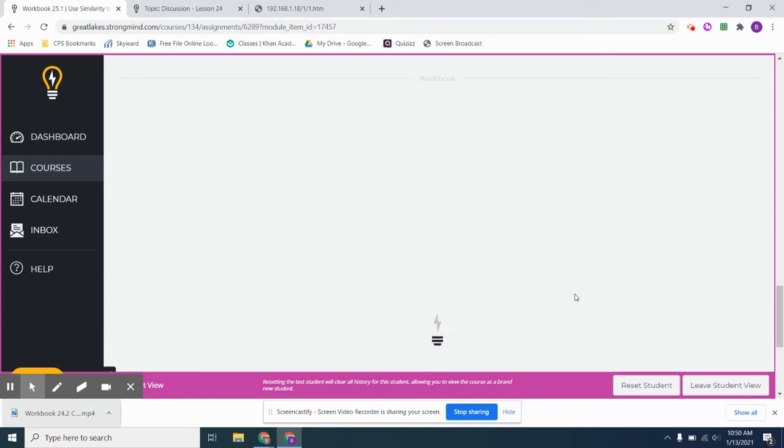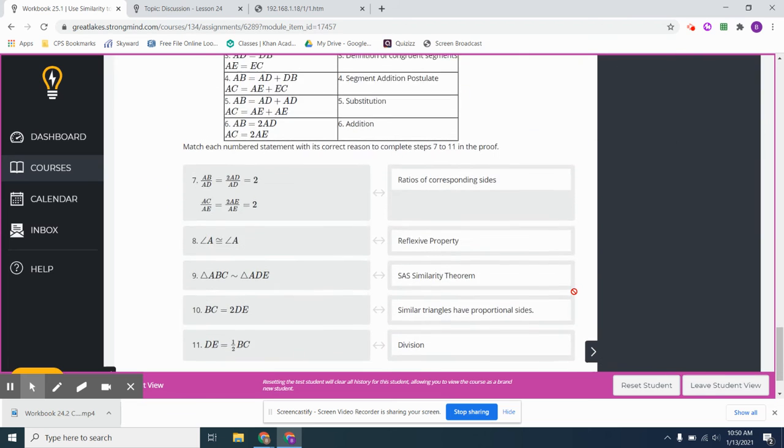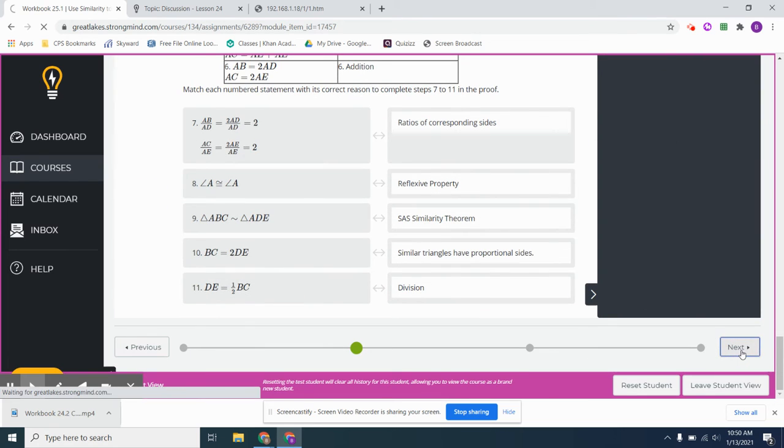And let me see if I can do 25.2 easily. And if I can, I will do it. Oh, yes. Okay, 25.2